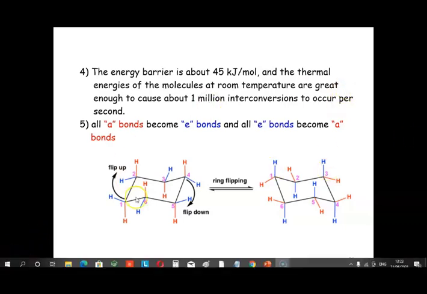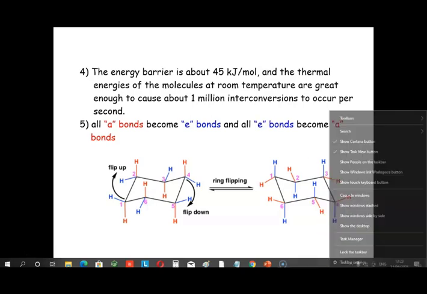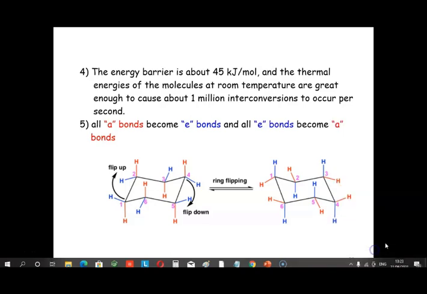So if we see the orientation of the carbon-hydrogen bonds, we can observe that the axial bonds have converted to equatorial positions, and the bonds which were earlier lying at equatorial positions have now acquired axial position, sorry.